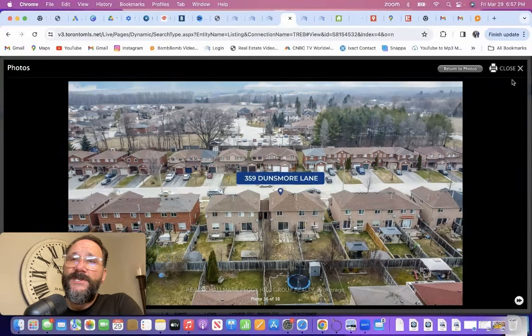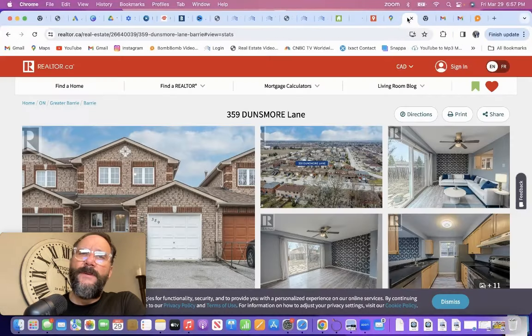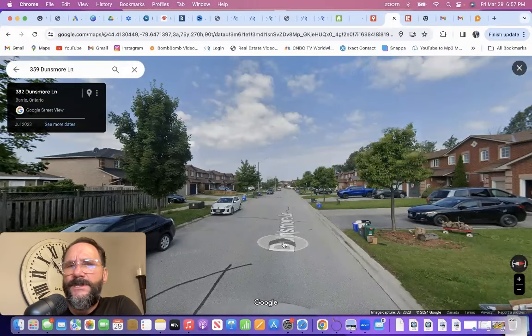So I'm going to jump over to Street View a little bit. I just picked Dunsmore to give you an idea of some of the area. This isn't the listing, but I'm going to give you it is a listing. So I'm going to go to Street View. My fault. So here's Dunsmore Lane. I'm going to walk you through the areas, talk a little bit about